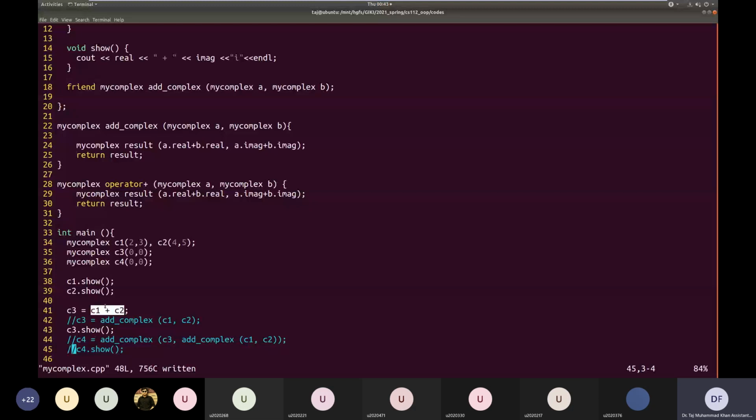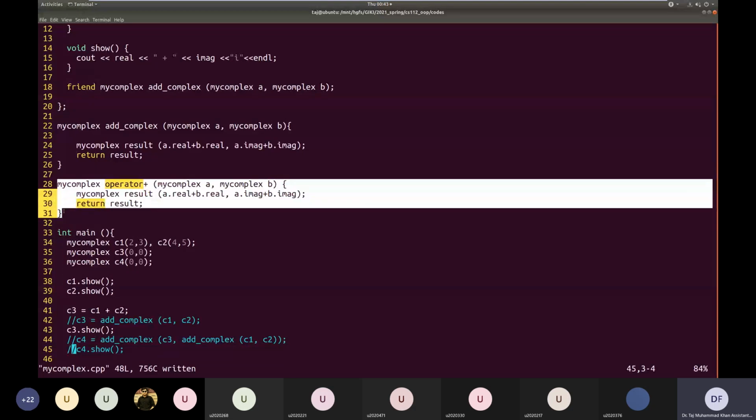In this case, it will find this implementation. Line number 28, it will see that the programmer has defined operator plus for my complex type as a function, and this is the functionality the programmer wants to be invoked whenever we add two complex numbers using this plus symbol. So the compiler will say, okay, that's good.